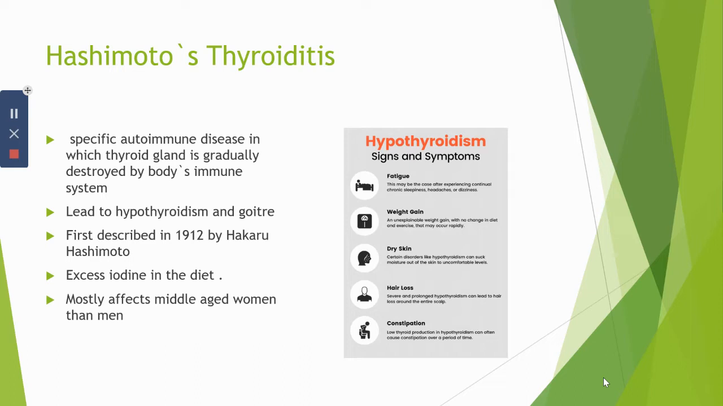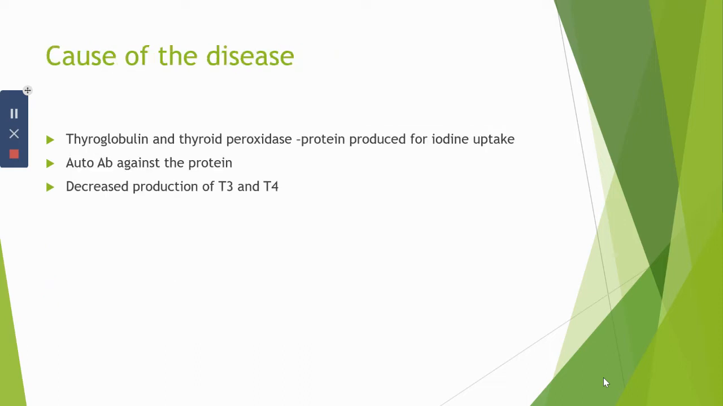The cause of the disease is that the thyroid gland produces two proteins, thyroglobulin and thyroperoxidase. They are involved in the uptake of iodine. In thyroiditis patients, autoantibodies are produced against these proteins. Binding of autoantibodies on these proteins will affect the iodine intake, which will lead to decreased production of thyroid hormones